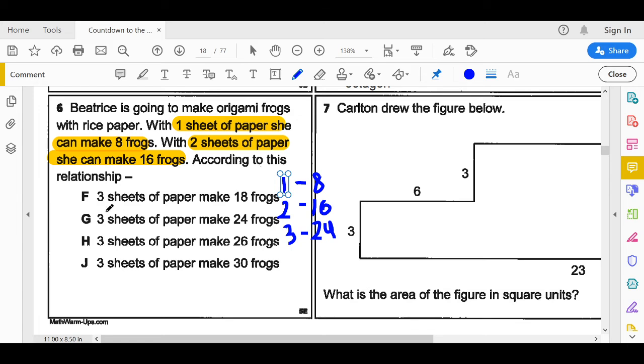Let's see, letter F. 3 sheets of paper make 18 frogs. No, that's not true. G. 3 sheets of paper make 24 frogs. That might be correct. We just found it here. Letter H. 3 sheets of paper make 26. No, that's not true. We are counting by 8. So 8, 16, 24. And 3 sheets of paper make 30 frogs. That's not true either. So in this case, we have found the answer